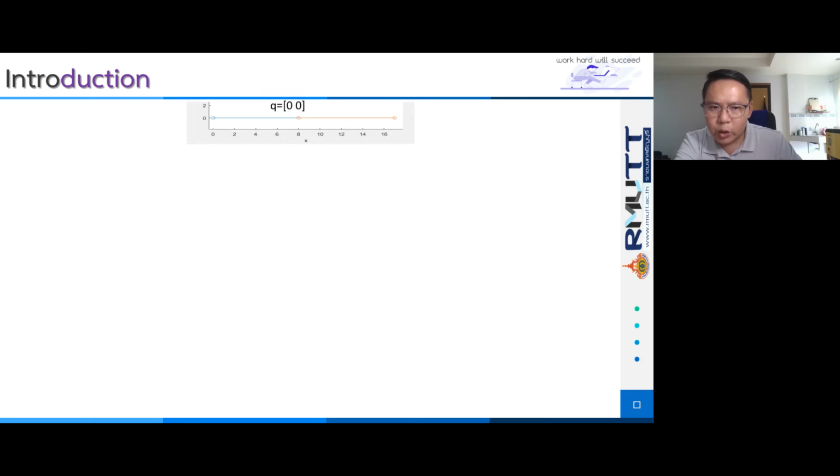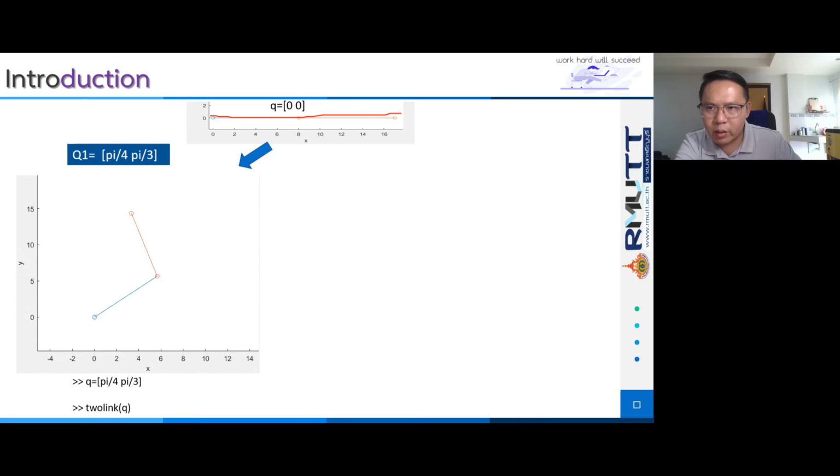As the figure shows, Q is defined as 0 and 0. Two links become a line. When Q is defined as pi/4 and pi/3, the first link